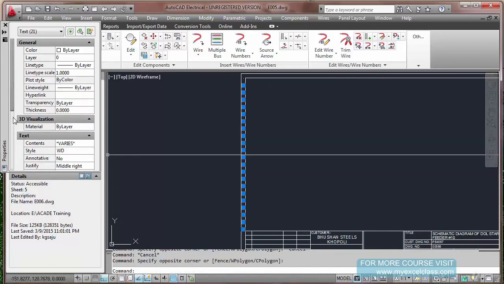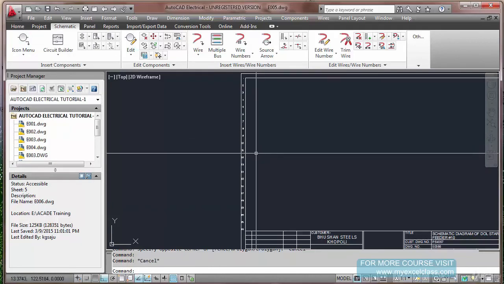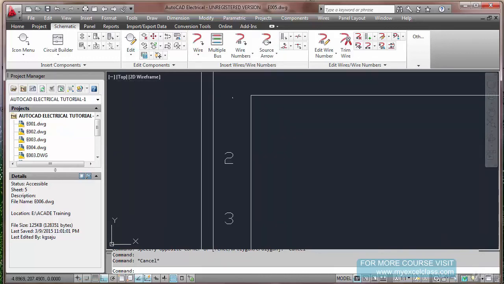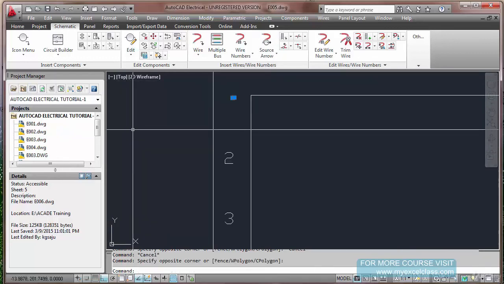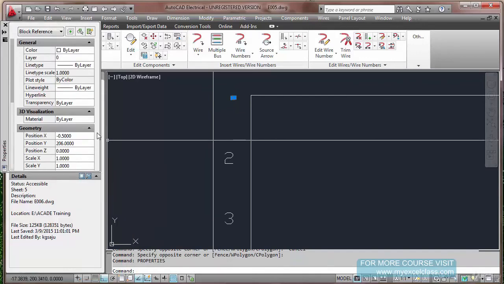Go to text. Now the height is only 0.125. Let us put it as 1.5. Now you see, this one has not got selected. Properties, 1.5.